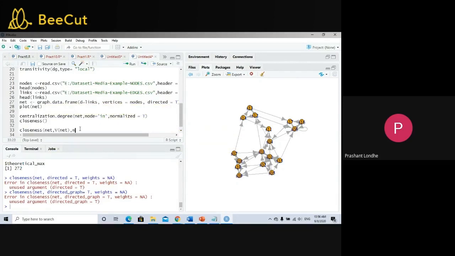Fine. So the mode is equal to in, weights are equal to not available, and what was the last one? Let me check again. Normalized is equal to true. Okay, now let me check.